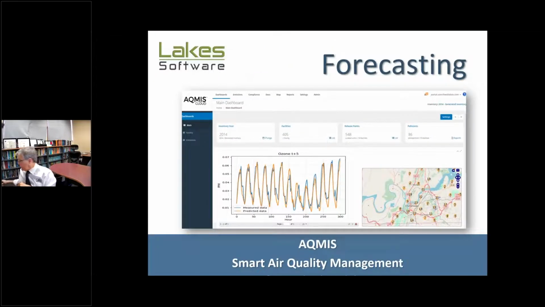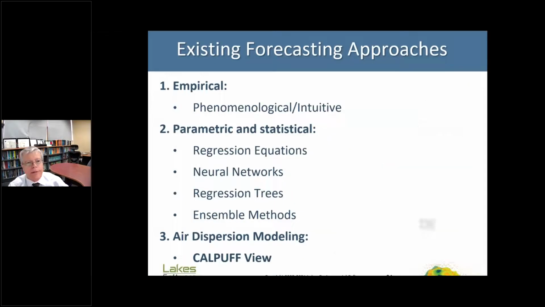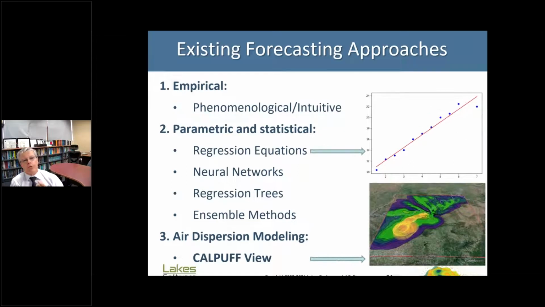So this is what you came to watch, and let me talk a little bit about it. We can do forecasting using phenomenological, intuitive methods, and we have been in many facilities where the operator has rules and has seen what happened in the past when certain things happened. So it's almost on a gut feeling, from experience, and then they go on the gut feeling. And this is not accurate.